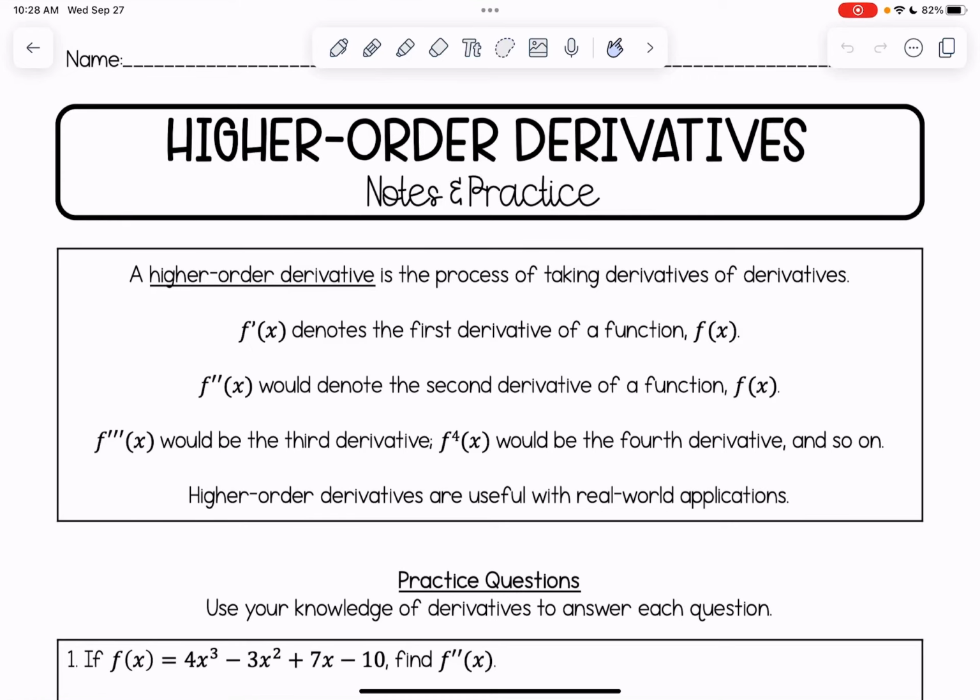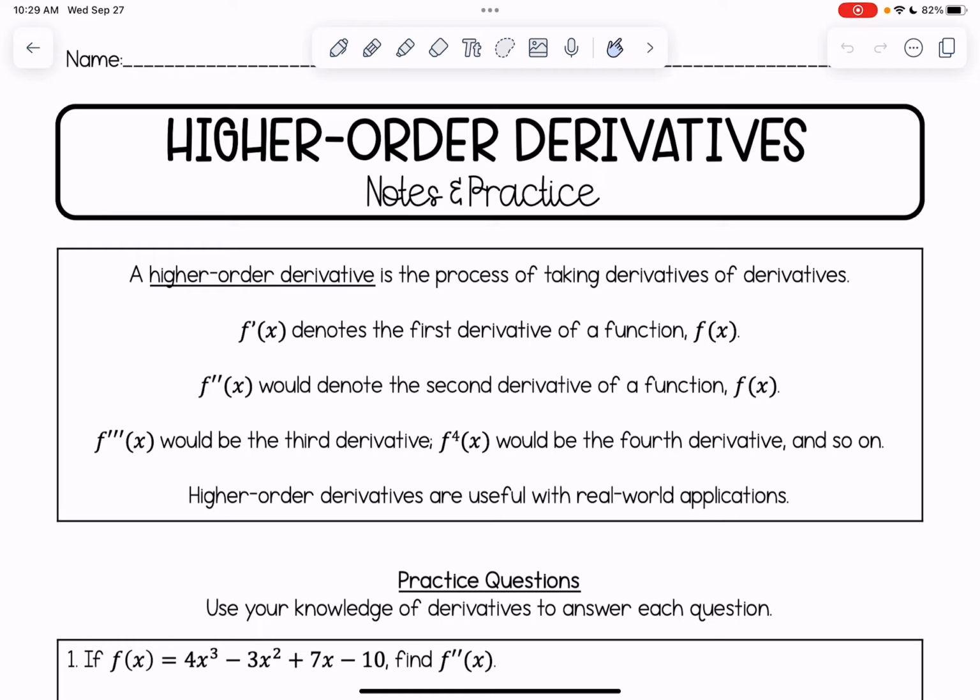In this video, we'll be learning about higher order derivatives. A higher order derivative is the process of taking the derivative of a derivative. We know that f prime of x denotes the first derivative of a function, f of x. If there's two prime symbols, this would denote the second derivative of a function. If there are three prime symbols, that would be the third derivative. After that, we generally just use the number, so like f to the 4 of x, that's basically the fourth